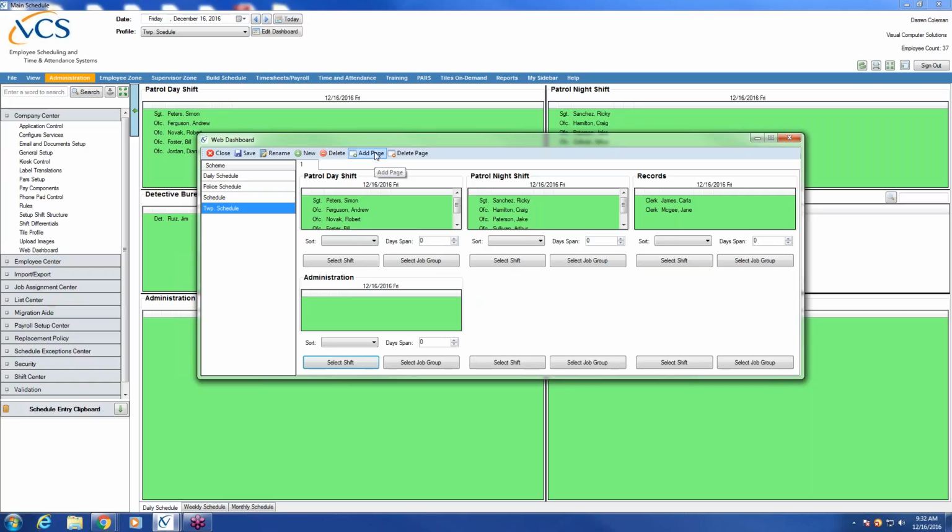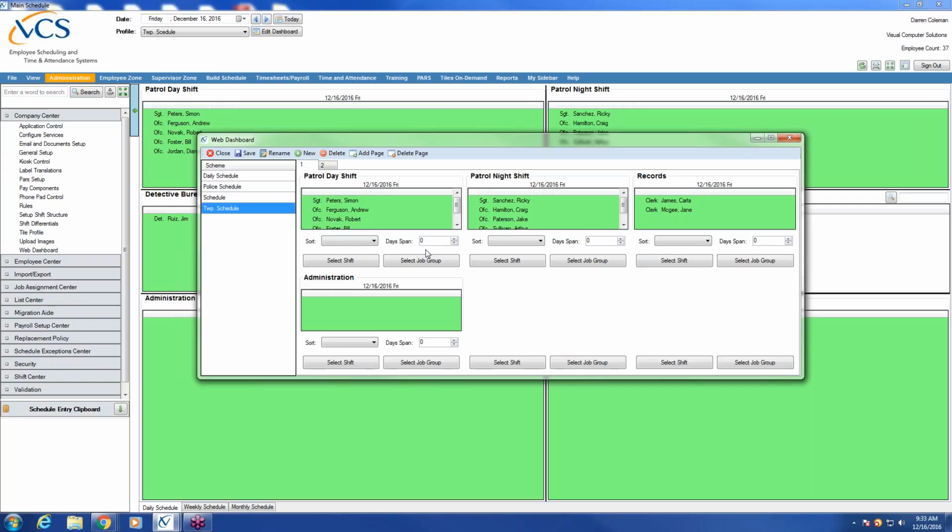And you also have the option to add an additional page. Now, because employees through the web portal can only see 6 shifts at a time, and that's only under the daily schedule where that restriction is applied,